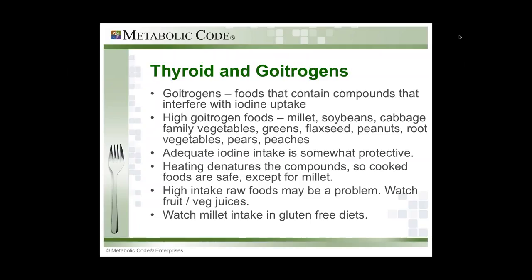I'm meaning by that things like turnips and rutabagas, sweet potatoes. Pears and peaches are a couple of fruits that happen to be higher in goitrogens. So if you're eating an awful lot of these cabbage family vegetables, which people are told to do for cancer prevention as well, and a lot of our greens for a wonderful alkalinizing, nutrient-dense food,